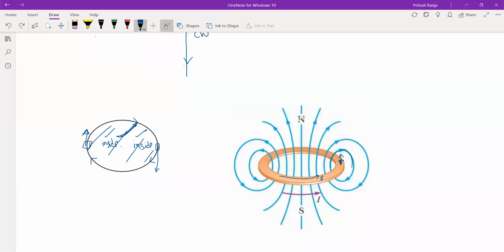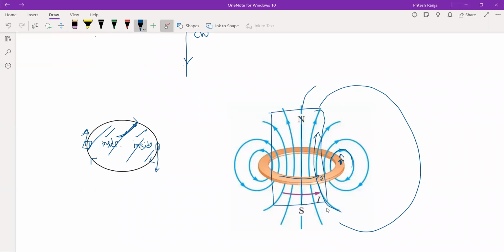So what can be seen? That the magnetic field line is coming from inside, it's coming like this, right? So you can see the direction of magnetic field line going from south to north, and then it will continue like this. So which side behaves as north pole? That one where the magnetic field lines emerge. South pole, that side where the magnetic field lines go into. So this is how we determine north and south pole.